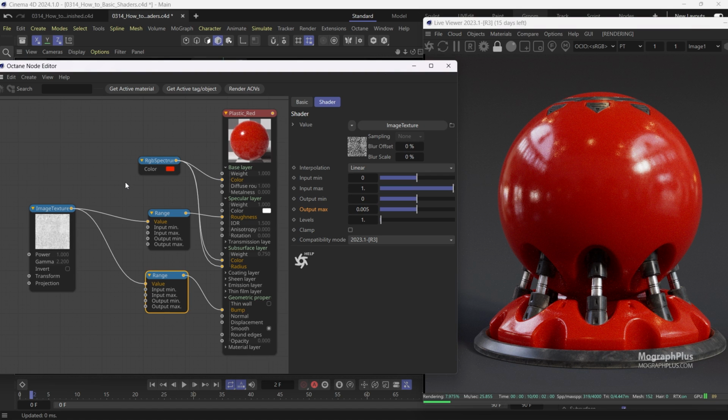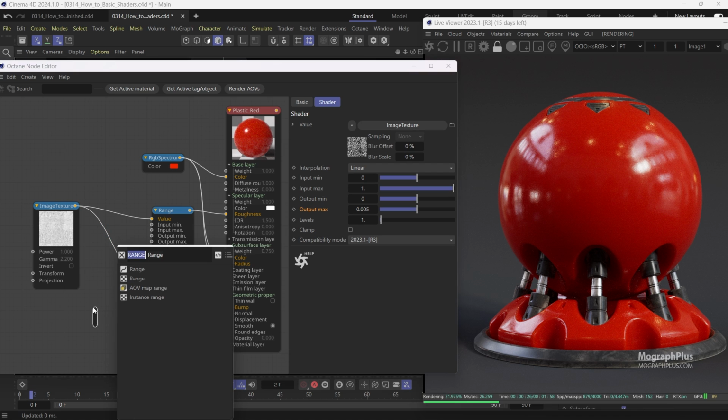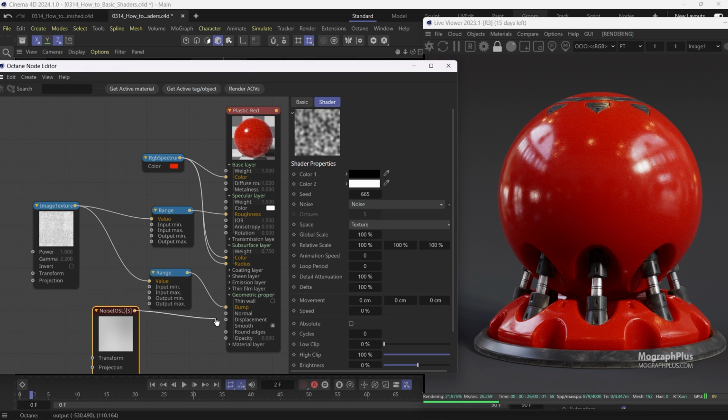Most of the materials and surfaces surrounding us in real life are not made perfectly. They are not perfectly smooth. There is some sort of waviness to them. And if you take a look at any reflective surface around you, you can see that overall waviness, unevenness to them. Now to simulate that, let's add a noise map and connect it to the bump input of the material